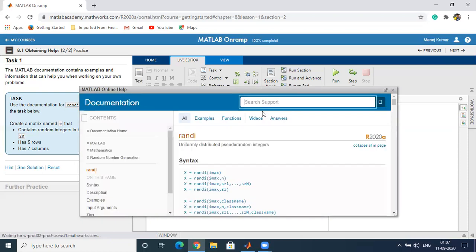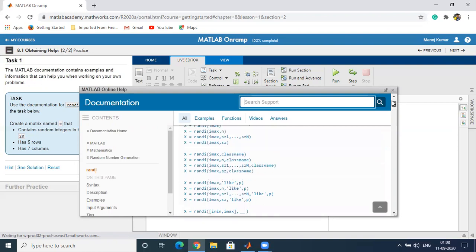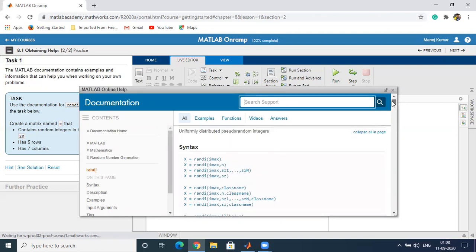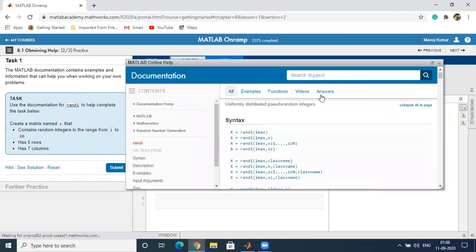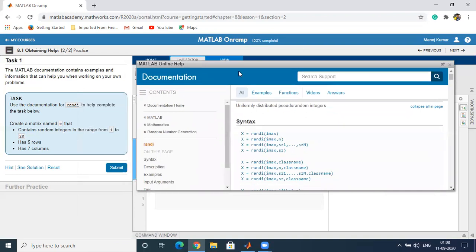window which contains the help, which shows you can search any function just by typing doc and the name of the command. So we have typed doc and the name of the function, that was randi.